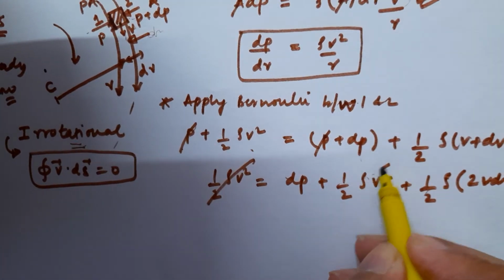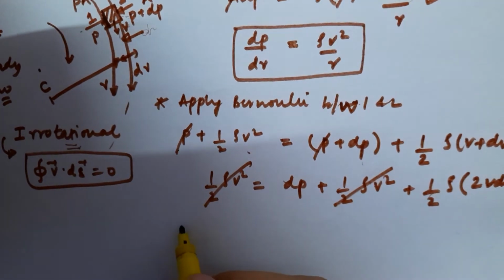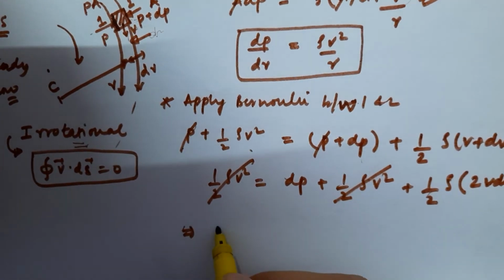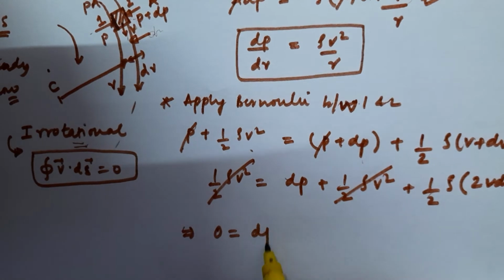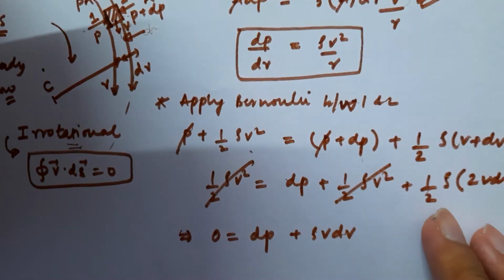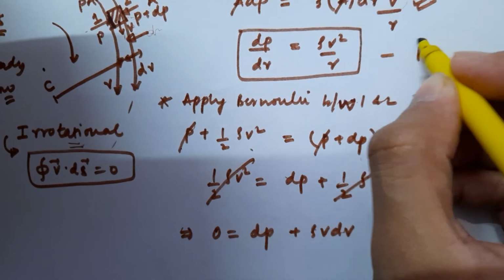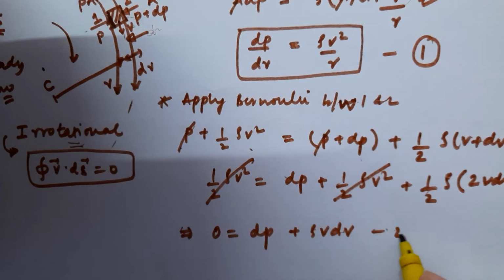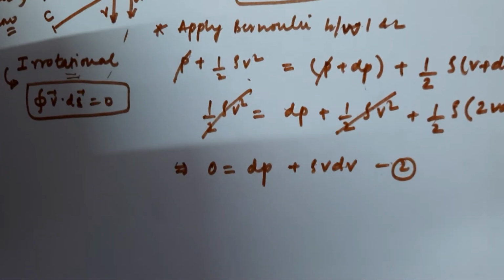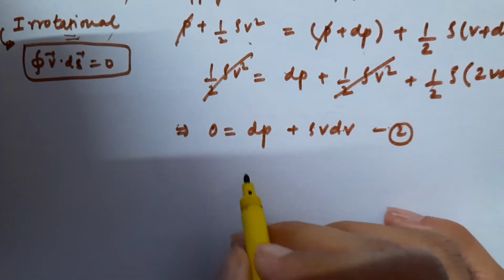That would be very small, I have to do that approximation, and now from this relation I would get 0 is equal to dP plus rho V dV, right? So that is an important relation. Suppose I call this 1 and take the other to be 2. So from these two relations, I have